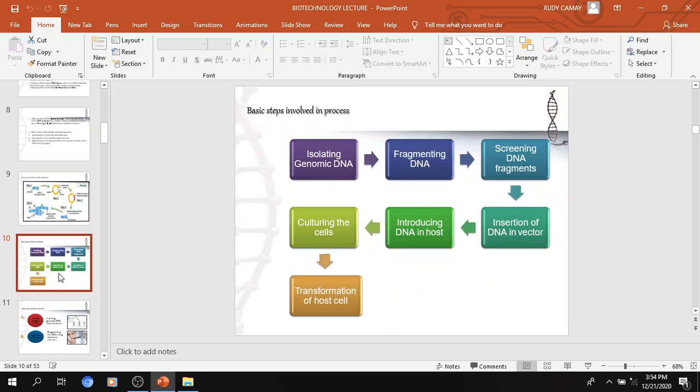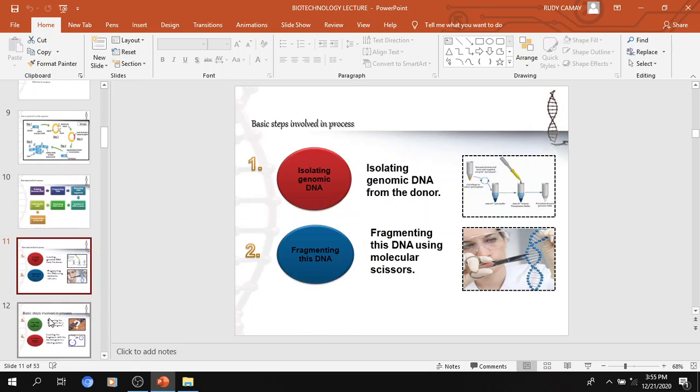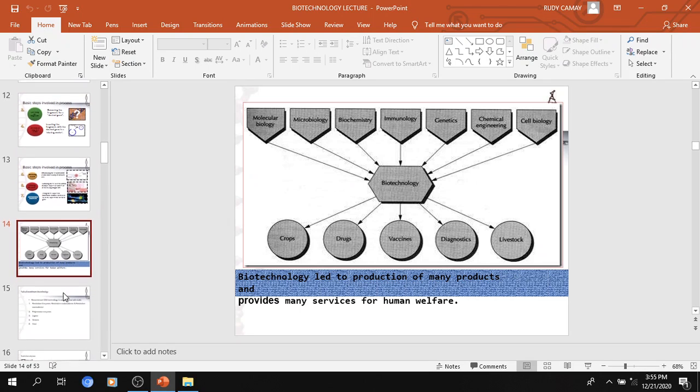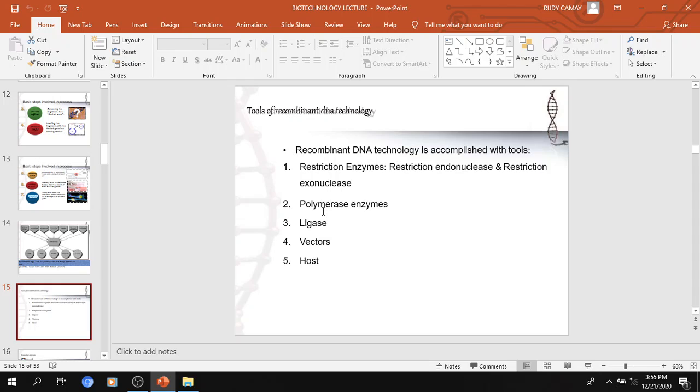So these are more or less the basic steps. Now: isolating the genomic DNA, then fragmenting the DNA, screening the DNA fragments, inserting the DNA in a vector or plasmid, then introducing the DNA in a host with the plasmid, then culturing the cells, then transformation of the host cells. This is now the genetically modified organism. All right. Now, to continue our topic today, let us start with a discussion on the tools of